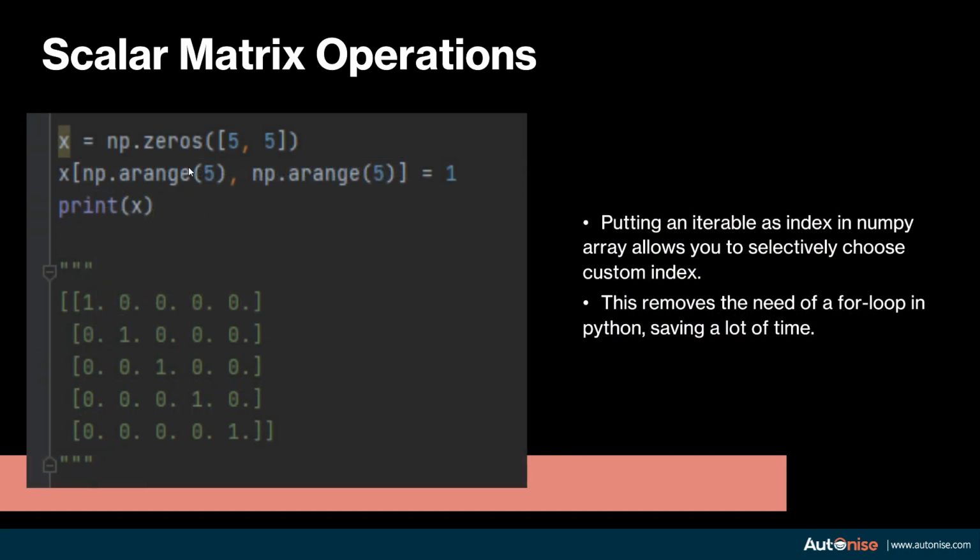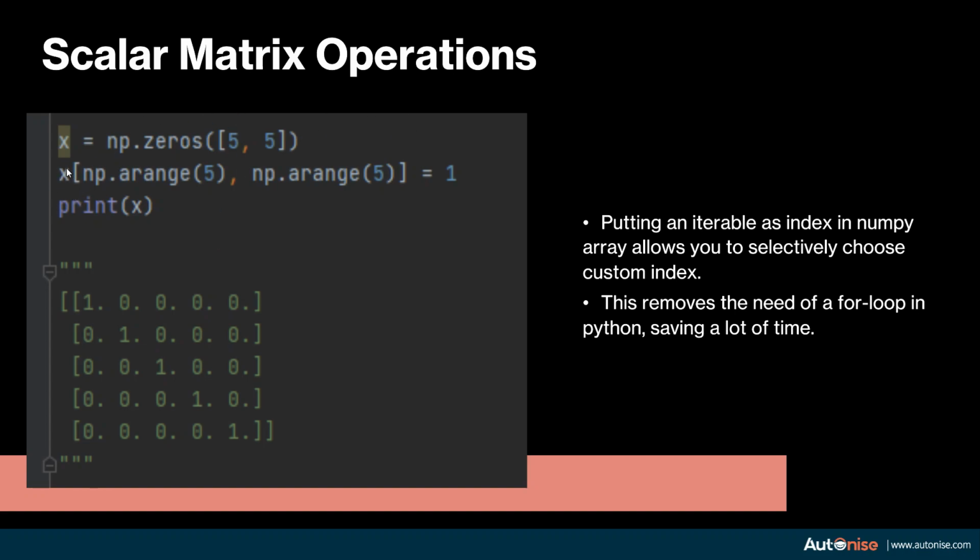Also, let's say you want to iterate over the different elements of the NumPy array and apply some values. You can do that by using iterables inside the indexes of your array. What it means is that, let's say you initialize an x array using np.zeros with 5 rows and 5 columns. So it has all the values zeros, with 5 rows and 5 columns.